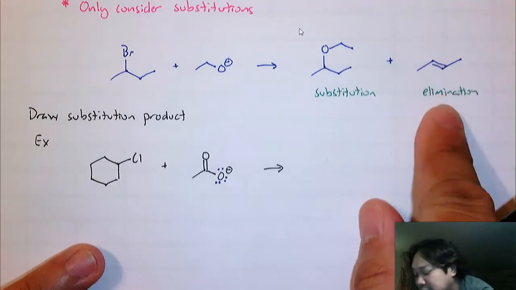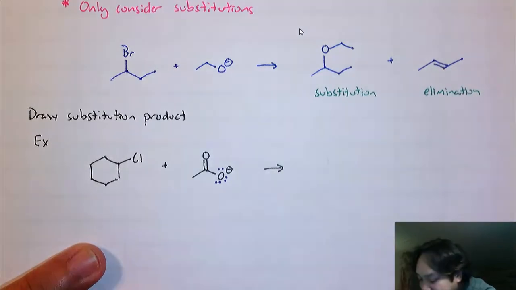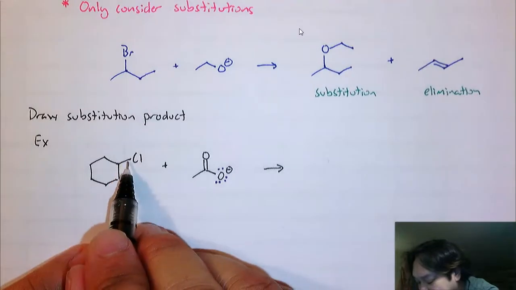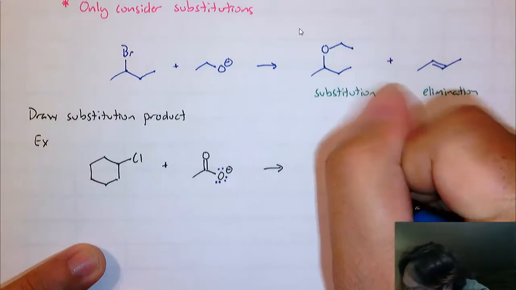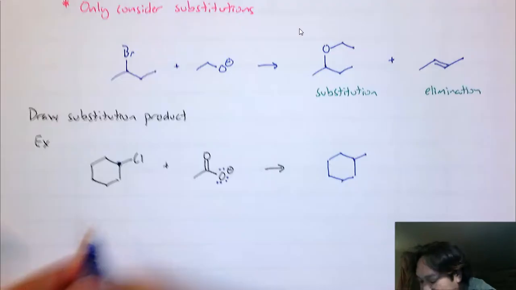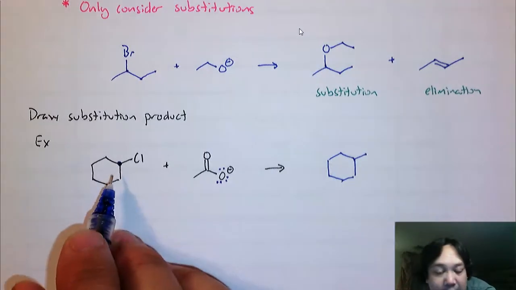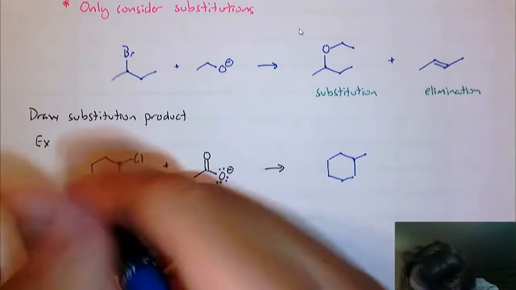Elimination products typically give alkenes. So you just have to pretend that this oxygen comes in and this chlorine leaves. You got to make sure that the point of attachment is this dot. So that's one trick that I like to use, is I put a dot on the carbon that's being attacked. So this dot means